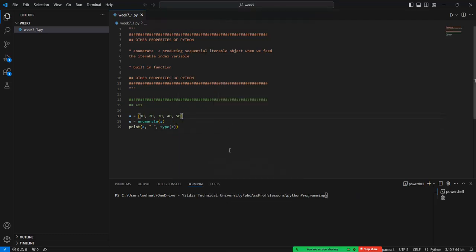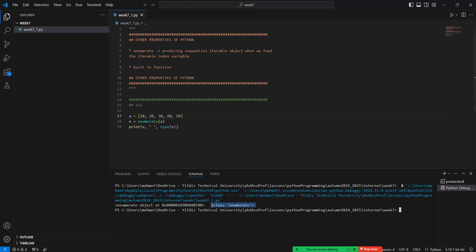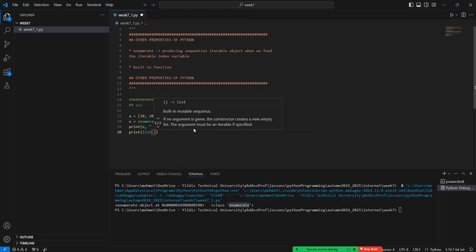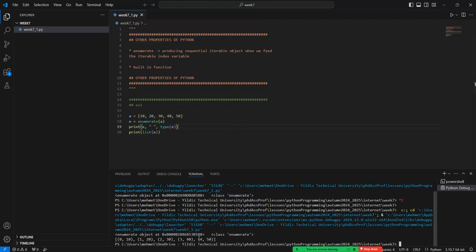If I run this code, we will have the class enumerate here. See, an enumerate object at this address, so the class enumerate gives us this property. But how can we convert these terms? If we convert the enumerate by using the list constructor and rerun this code, now this enumerate is given with the 5 tuple values 0, 1, 2, 3, 4, with the values of these terms 10, 20, 13, 14